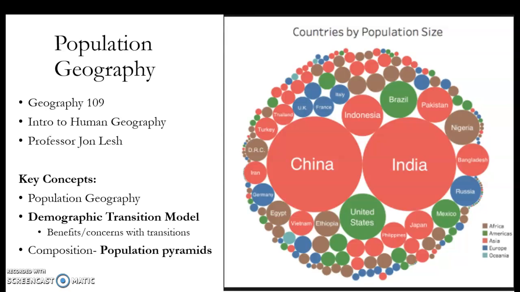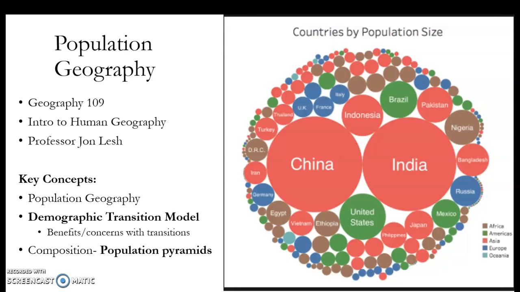Hello and welcome to this look at population geography. As we go through population geography, we're going to focus on a few key concepts. We're going to define the term and look at the characteristics and the determining factors of population geography. We're going to look at some visual depictions of different populations by using the demographic transition model and also population